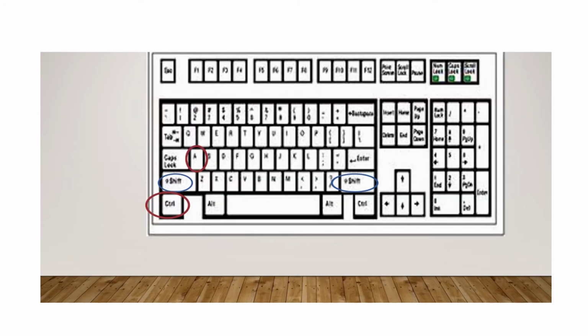Before selecting the text, we should know where the keys are present in the keyboard. Like to select the word, we have to press the CTRL key. The CTRL keys are present on both sides of your keyboard. There are two CTRL keys. So you have to check the keys. Then you should know there are two shift keys on the keyboard. That is also on both sides of the alphabet keys, and then there is a key also that helps in selecting the text.